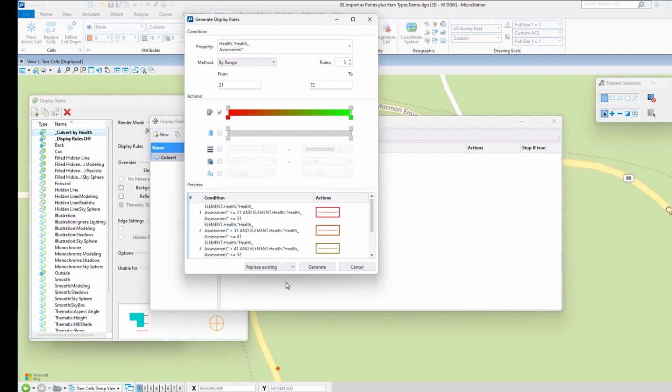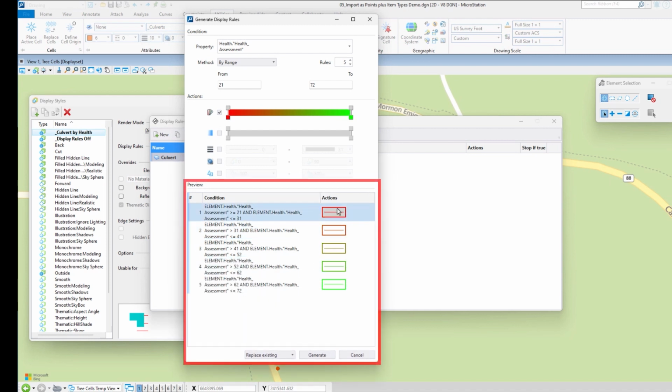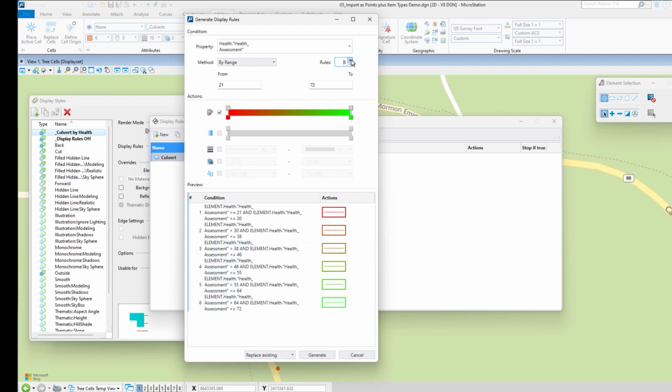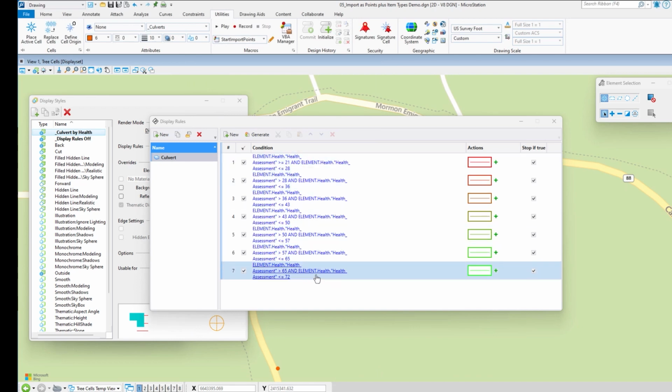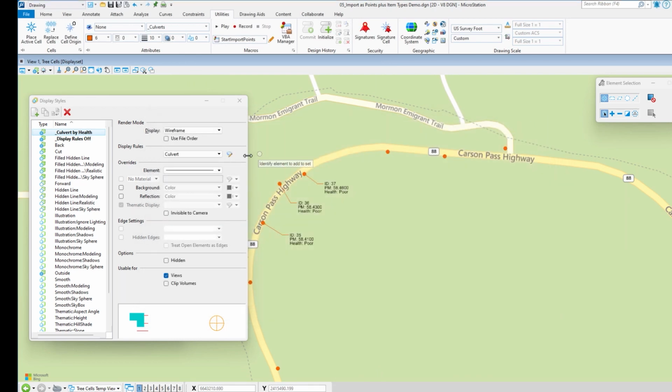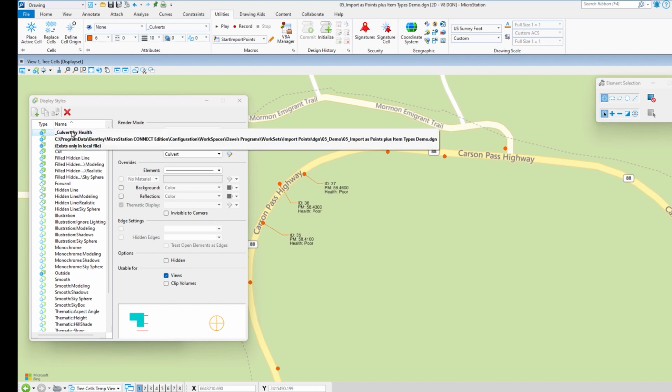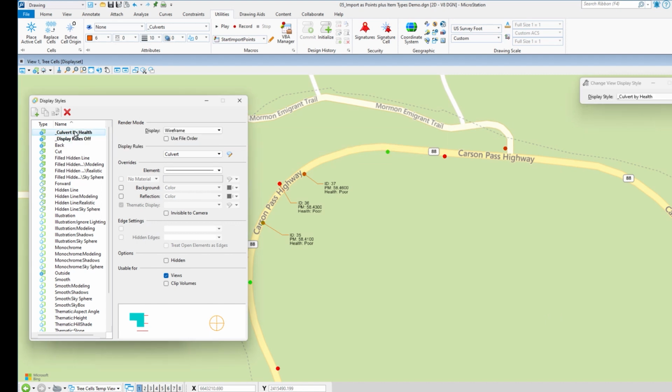Now you can see already down here, if I extend this out, you can see it's already giving color values based upon the ranges. It's only doing 5 in this case. I can have it do more if I want to. When I'm done, I hit generate at the bottom. You can see it automatically generates it. So I'm going to close this. Now what I'm going to do is I'm going to double click on this display style, and because I just created it and it associated that display rule, culvert, you can see now my culverts are colored based upon their